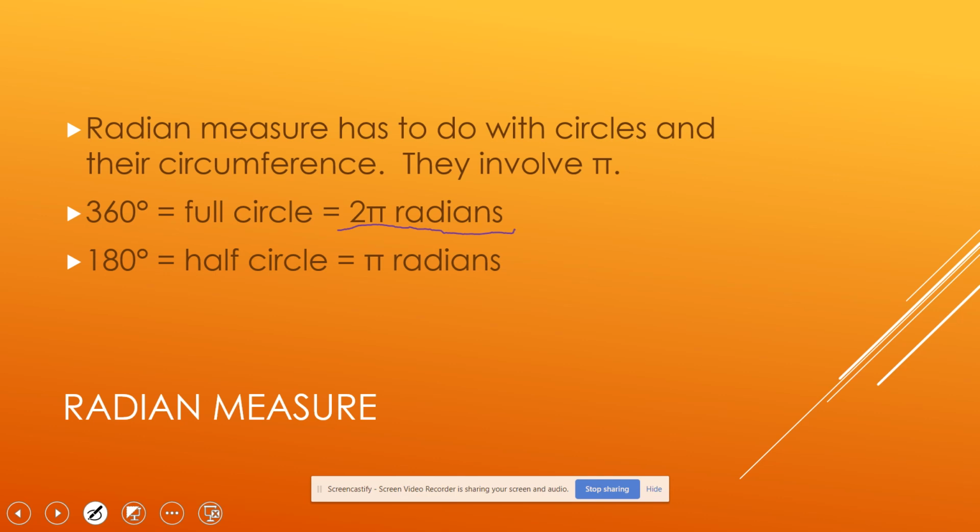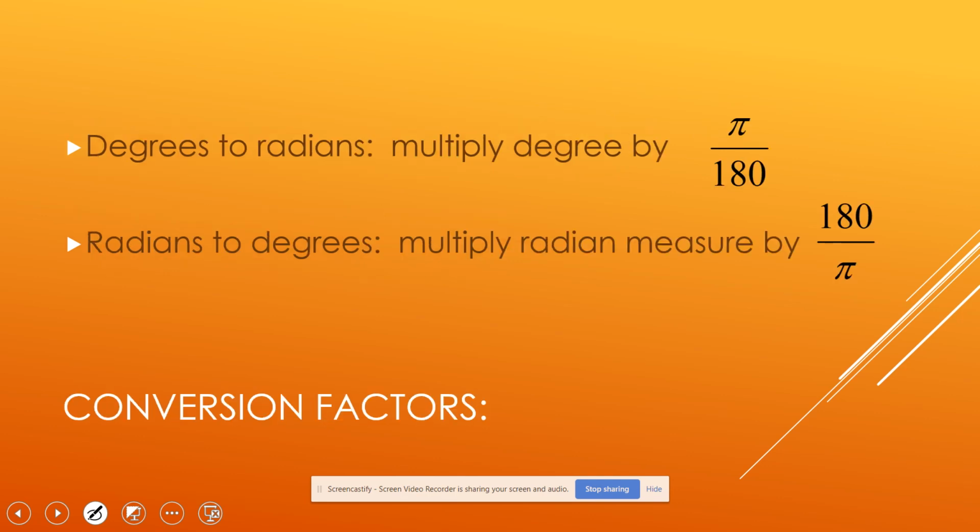360 degrees is a full circle and is equal to 2 pi radians. 180 degrees is a half circle and is equal to pi radians. So when we look at the conversion factors to change degrees into radians, we're going to multiply the degree by pi over 180. And then when we go from radians to degrees, we multiply the radian measure by the reciprocal of 180 over pi. So basically we want to make sure that pi